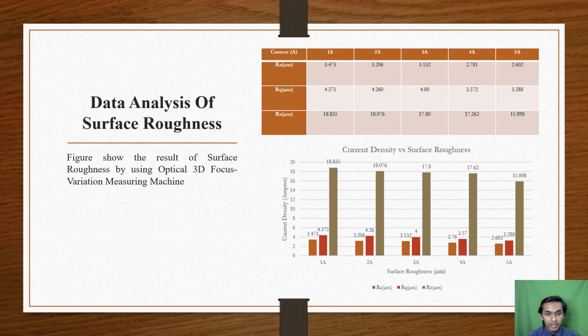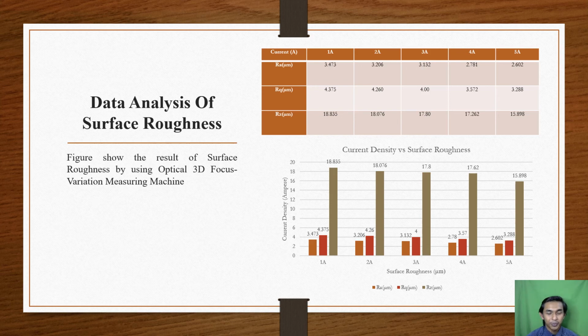This means the surface roughness for the specimen using high current density is better than using 1 ampere current density. Next, the calculation result of coating thickness using 1 ampere current density is 3.8 micrometer, 4.4 micrometer, and 18.8 micrometer for Ra, Rq, and Rz. It showed that the surface roughness of the specimen has less effect on the coating thickness than using 1 ampere